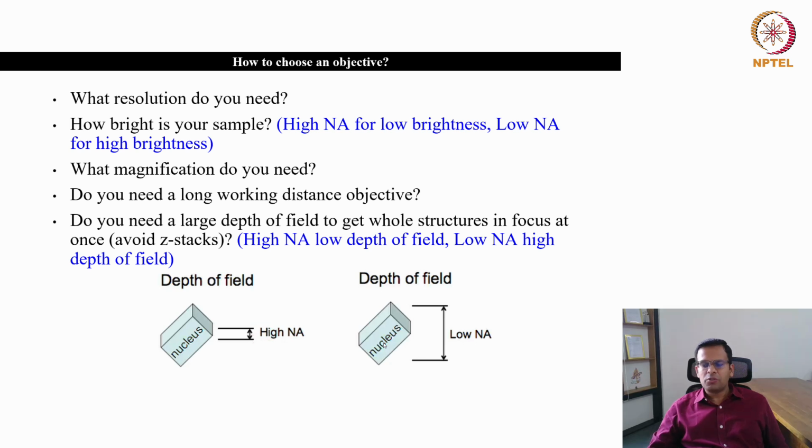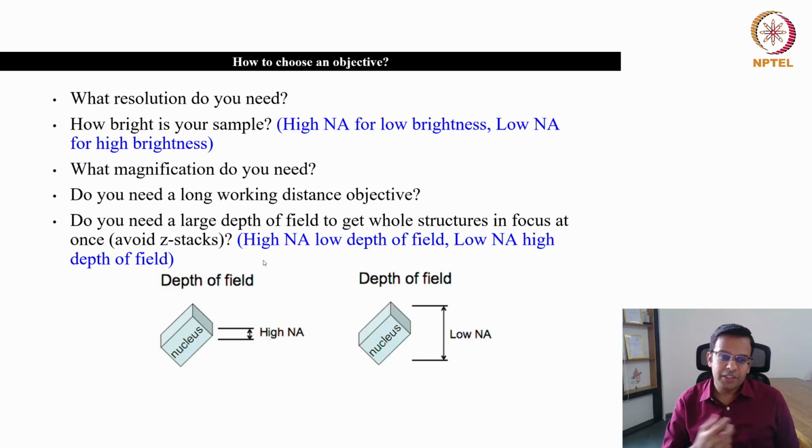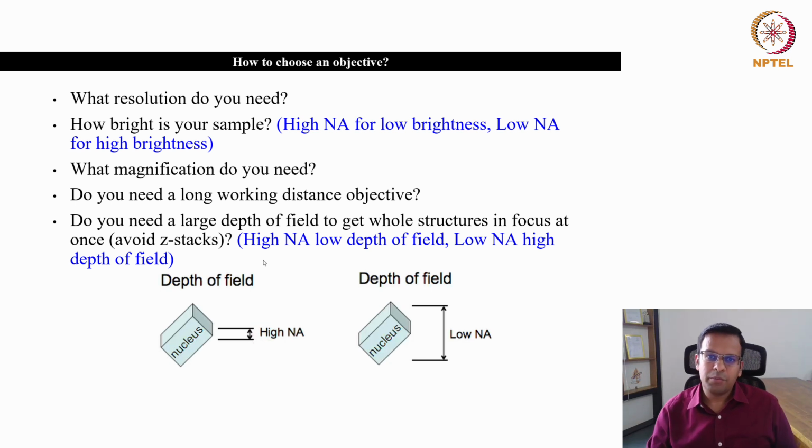So let's say your objective is just to count the number of nuclei in the field. You just go for the low NA objective, where the resolution doesn't matter. You will definitely see the two nuclei separately because they are far apart, and you do not want to resolve them. So high numerical aperture means low depth of field, and low numerical aperture gives high depth of field. That is the decision of using the objective lens based on numerical aperture.